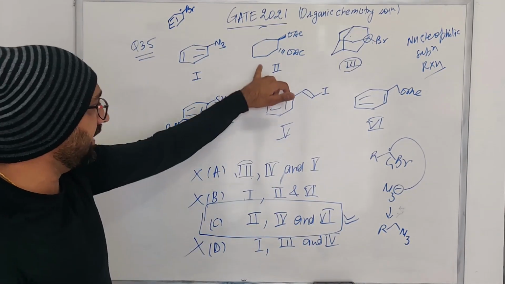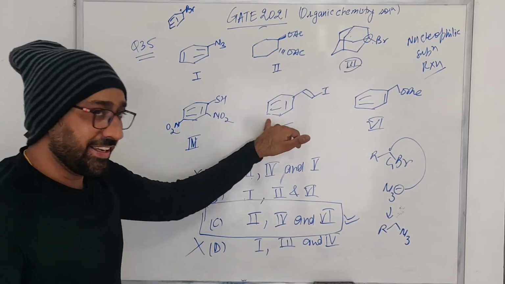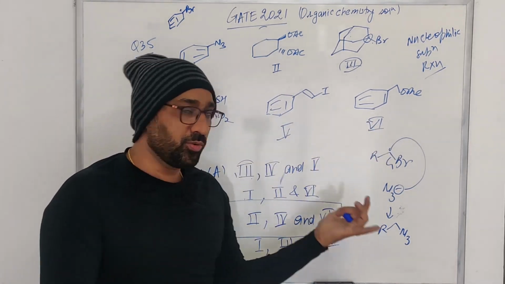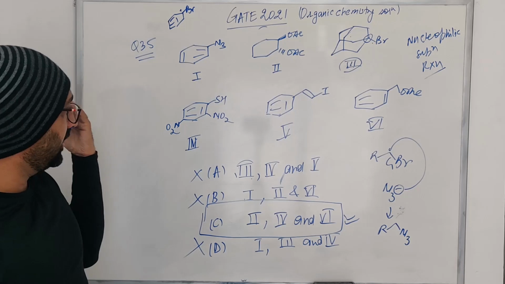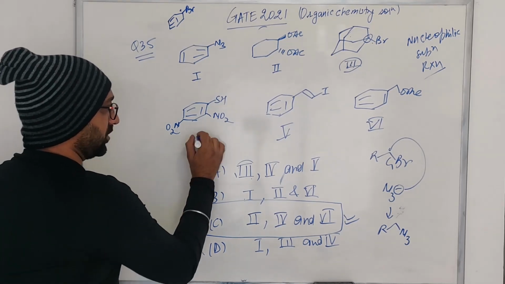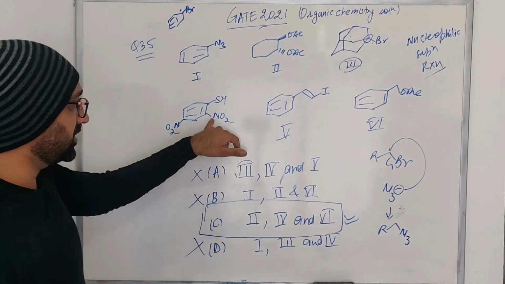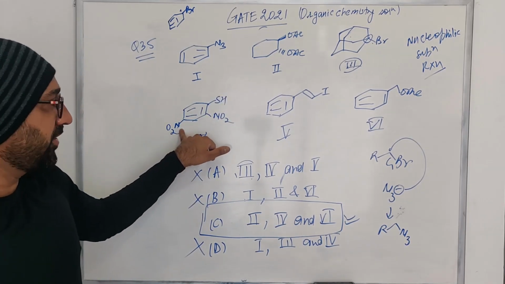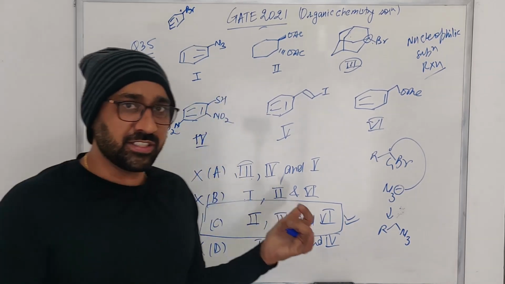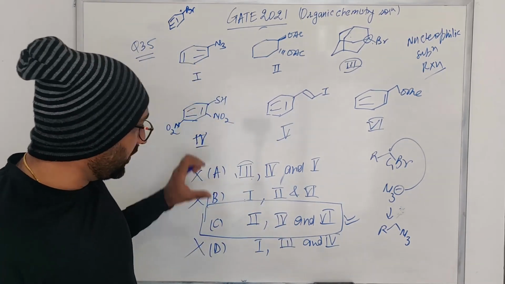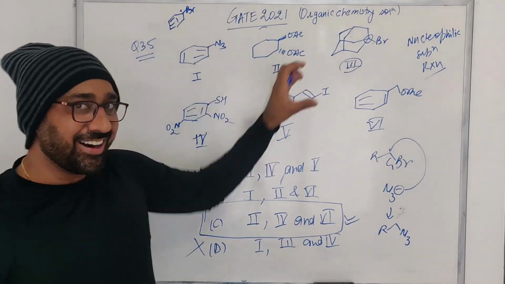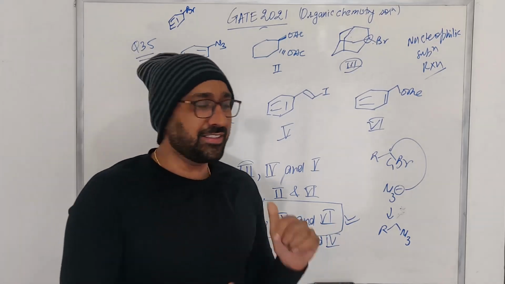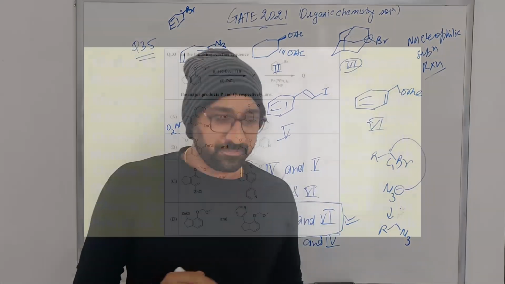So option number 2, yes, option number 4, yes, and option number 6 you can. Option number 4, sorry, this is option number 4. Yes, you can, because you can make this by SNAr, because what you have is an electron withdrawing group at the para position, so you can make such molecules. But again, how can we somehow disregard certain options to come to the right answer? So this is how you would have approached this problem.